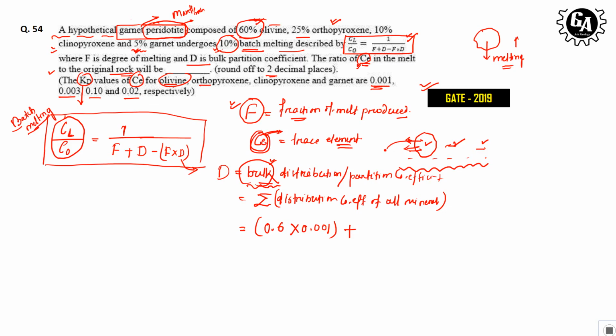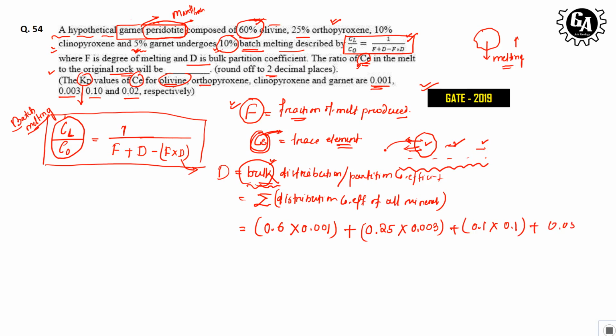What is the OPX contribution? This is 25%, 0.25, times the distribution coefficient 0.003. Likewise for the others: 0.1 times 0.1, plus